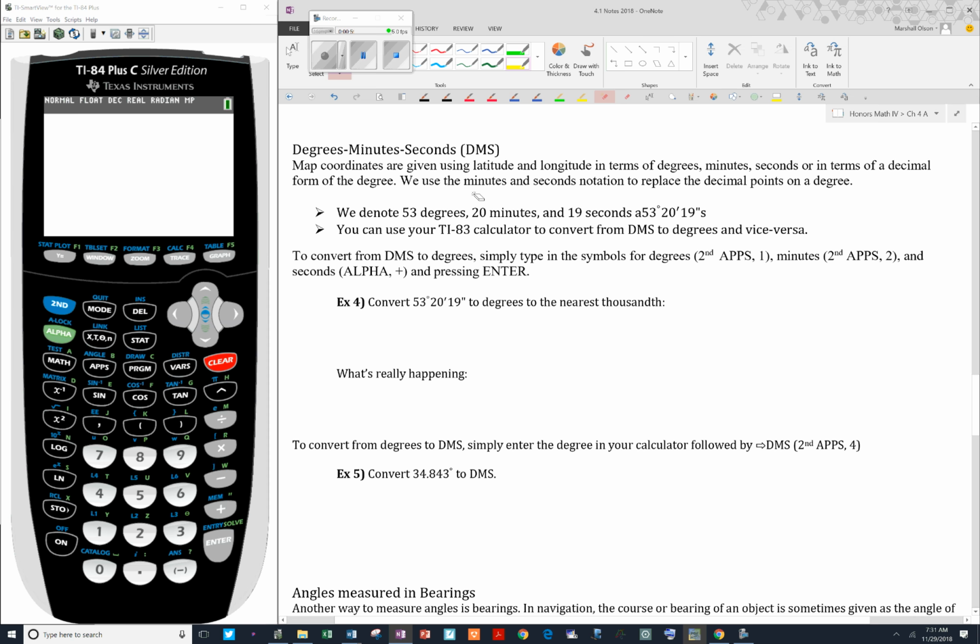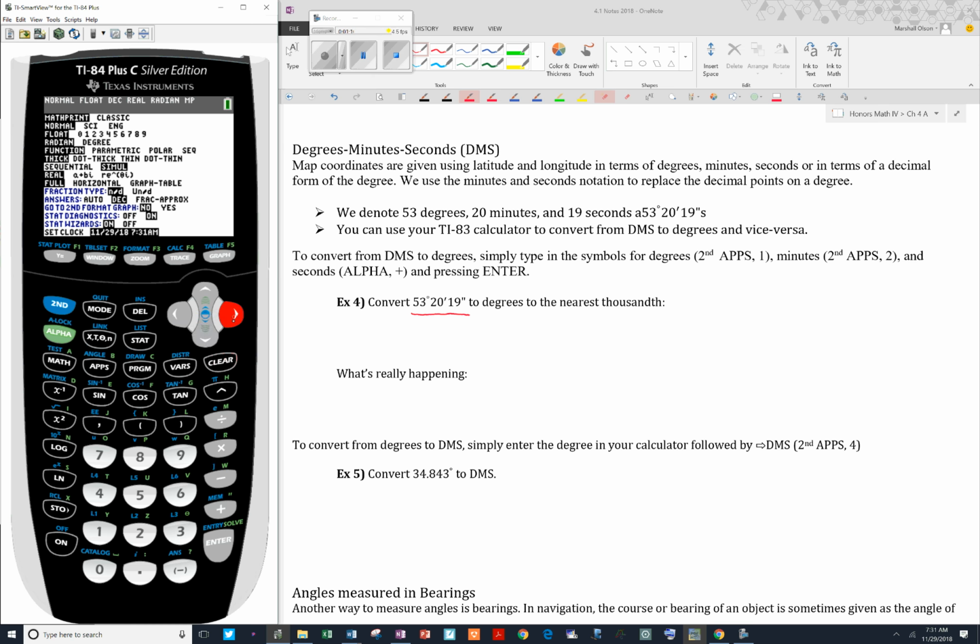So we're going to type in 53 degrees, 20 minutes, and 19 seconds in our calculator. So I want to make sure first that my calculator is in degrees. Mine is not. And then I'm going to,